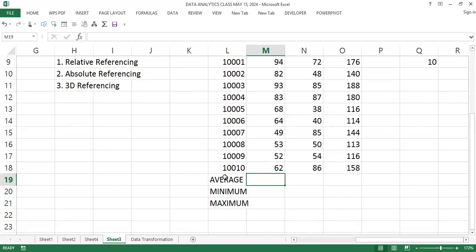So what's the function for average? The function is simply average. Meanwhile, you can get your functions from here, instead of typing. You can click this fx,